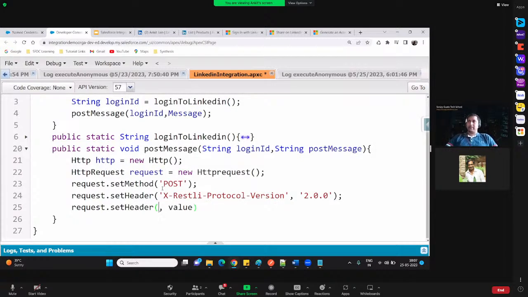How can we let them know? By specifying this additional header, that is the content type. In the content type, whatever the type of content that you are sending, you have to specify that content type. So for JSON, we have to specify application/JSON. Similarly, for XML, you have to specify application/XML. Whatever the format that you are using to send the message, you have to define that header type here, right? The next thing that we have to specify here is the body, right?